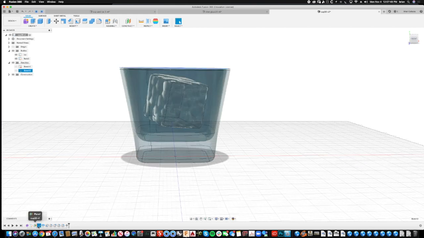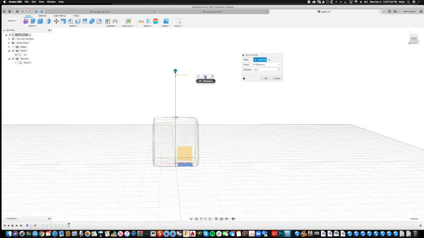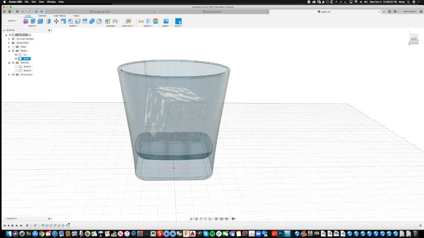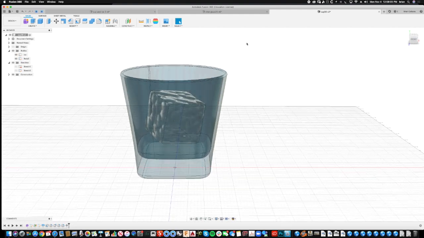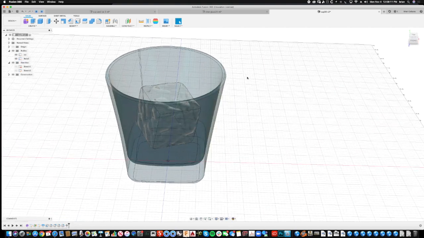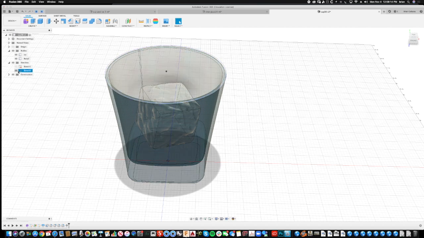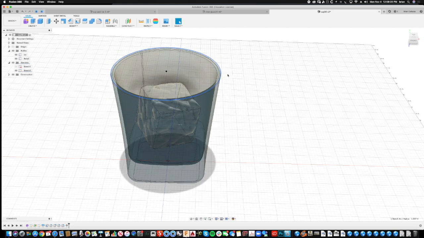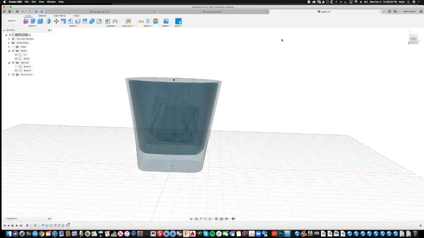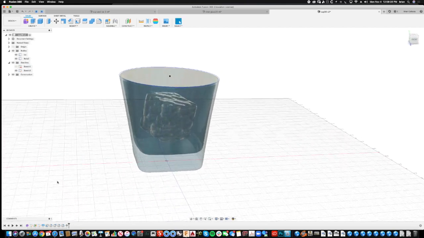So I'm going to go back in time and say, let's edit that offset plane feature, which was 3 inches, and we'll go 3.5. And notice that because I offset that plane, and the circle was on that plane, it pulled that up with it and modified everything to go with it. And maybe if I turn that sketch back on, which is the second sketch I did, you can see if I grab it, move it out, it'll move out, grab it, move it in, it moves in, and this is really powerful stuff. So let's say that's good,